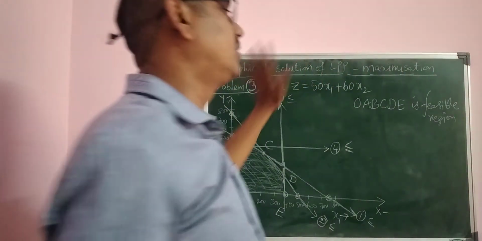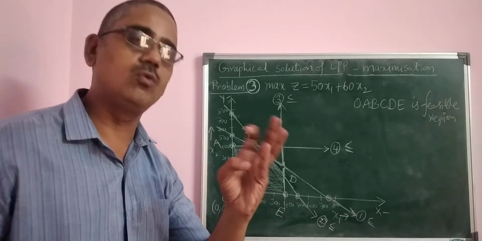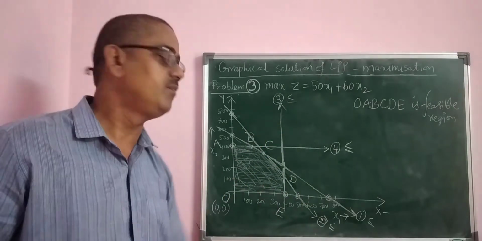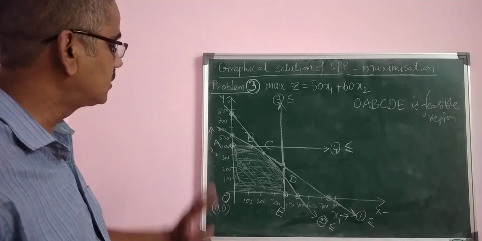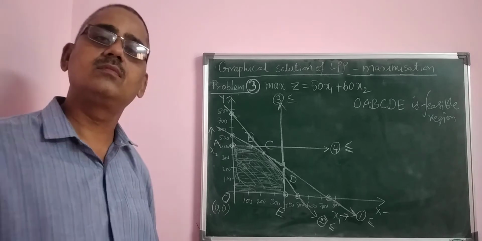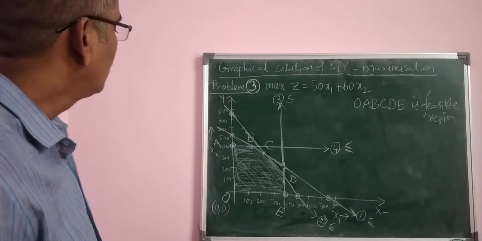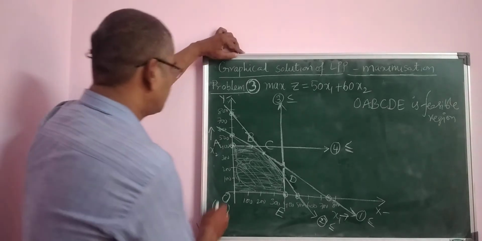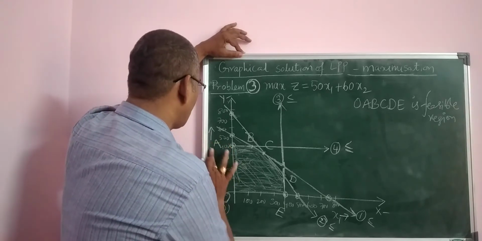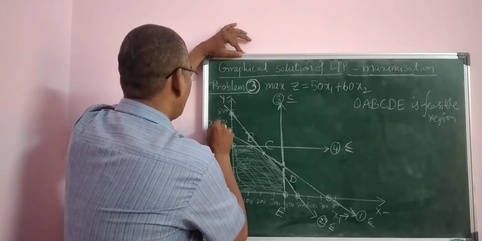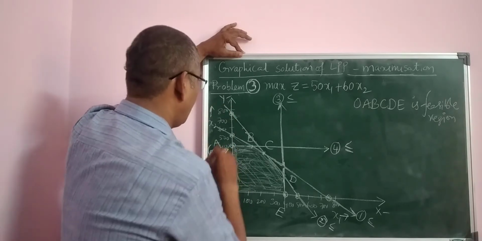This is the feasible region, in which you have to identify all the points G, O, A, B, C, D, E. Except for one, two or three points, the remaining points can be directly obtained. For those, you have to take the equations and solve. Now you see here, O is 0, 0. A is 400, so it is 0, 400. This is the point A.